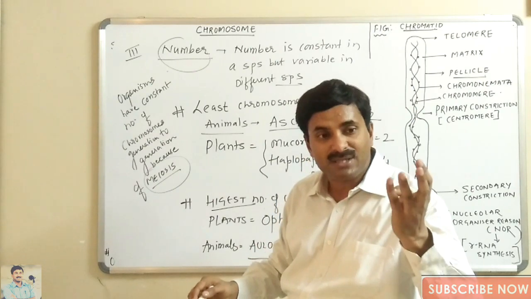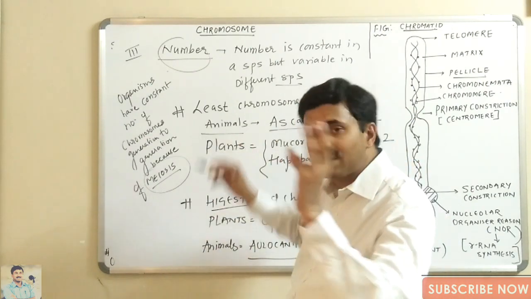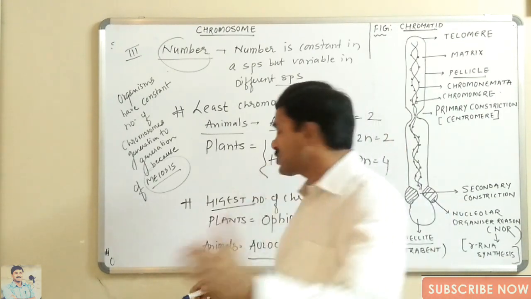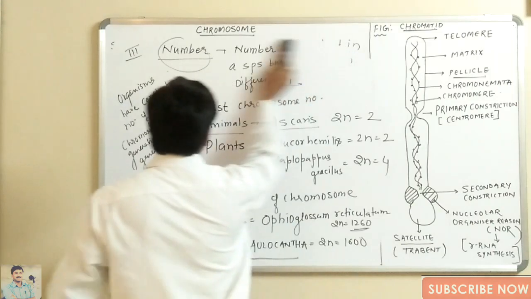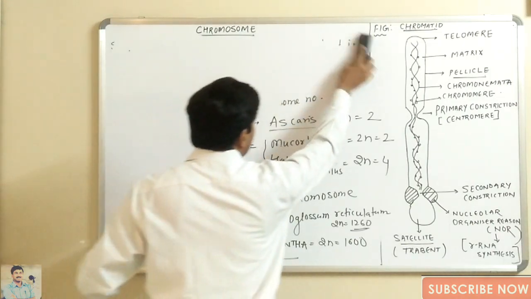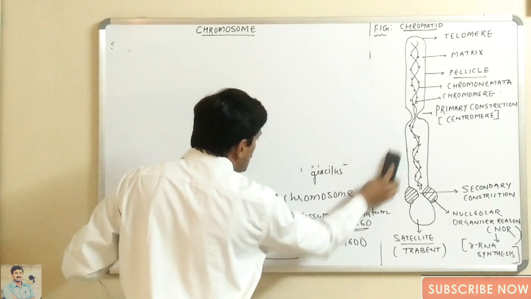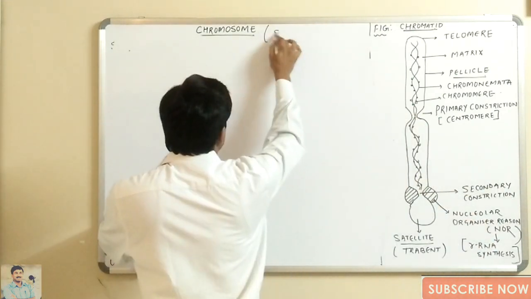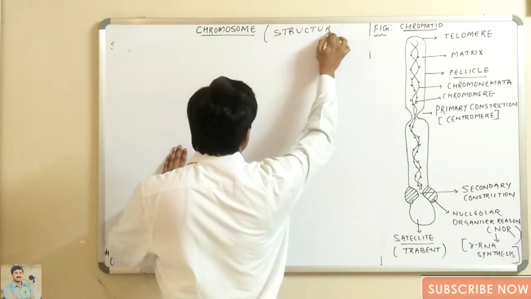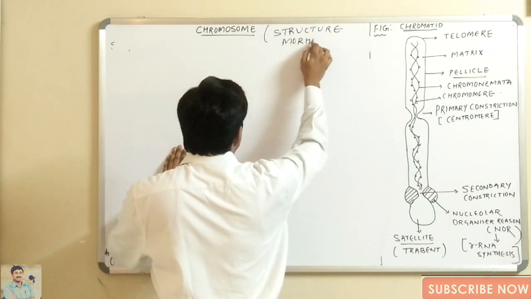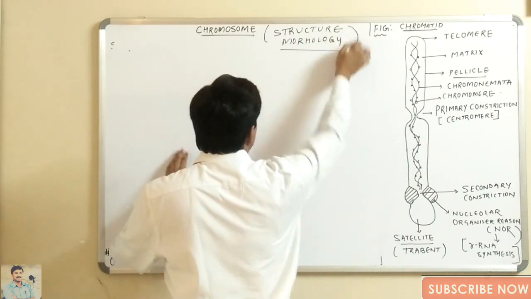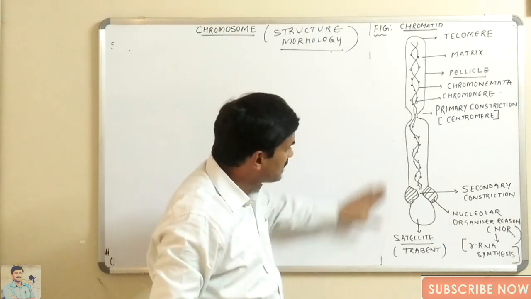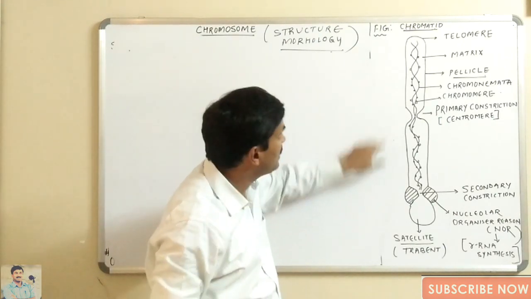We have discussed the size, we have discussed the shape, right? We have discussed the number, but at last, a very important thing which must be discussed is the structure or the morphology of the chromosome. You can see the diagram I have made here to explain the structure of the chromosome. It's very important. See here. We are going to study the structure. You can also say that we are going to study the morphology. One by one, we'll try to discuss the parts of the chromosome. This is a single chromatid. This is a single chromatid. Okay. Now, first one,